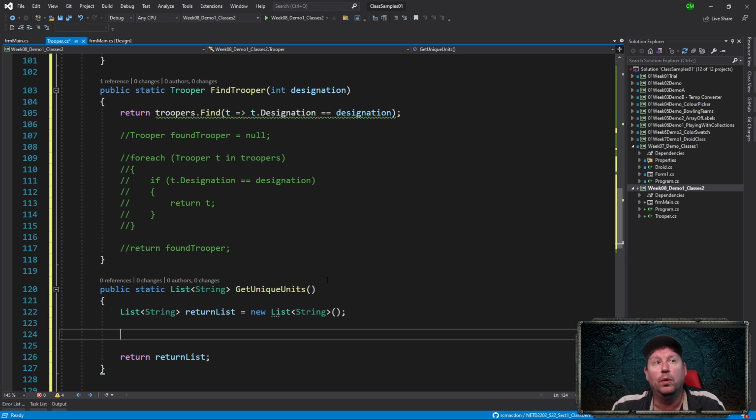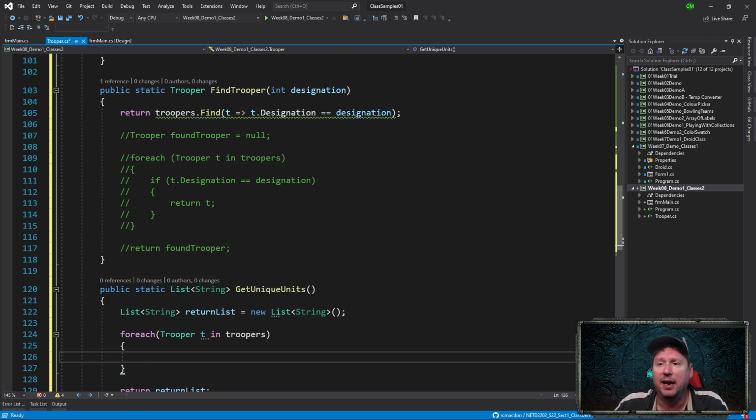So then what we want to do is iterate through all the troopers, and if the string of the unit, let me start again. We're going to iterate through all the troopers, and we're going to look at the unit specifically. And if that unit already exists in this return list, we won't add it. But if it doesn't exist in the return list, we will go ahead and add it. So we're going to say for each trooper T in troopers, we're going to say